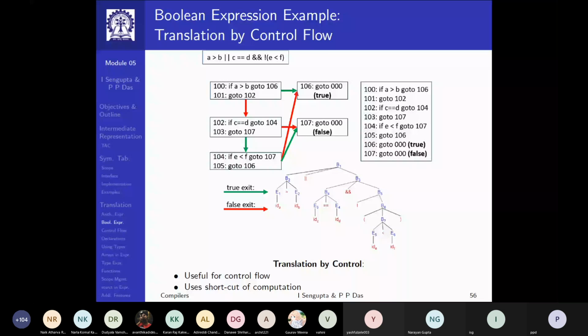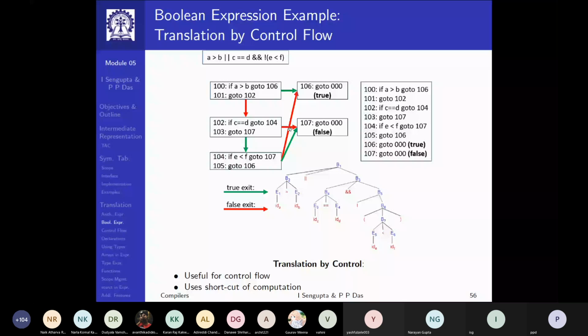So on the true exit, I don't need to evaluate anything else. In the true exit, I know that the value is true. I'm done. But in the false exit, I will have to evaluate this. So I evaluate the next one, which is C equal to D. And if C equal to D is false, I have a red exit here, just look.